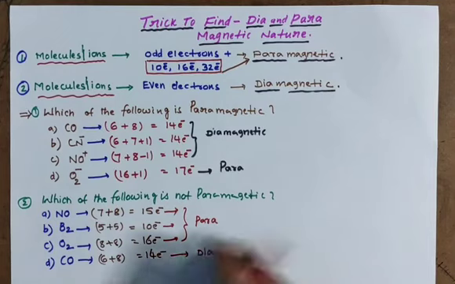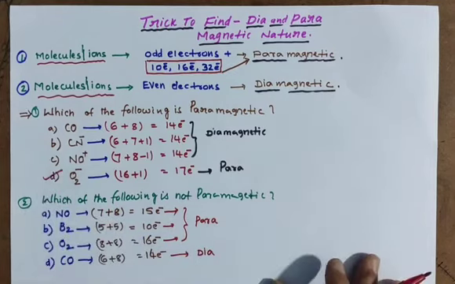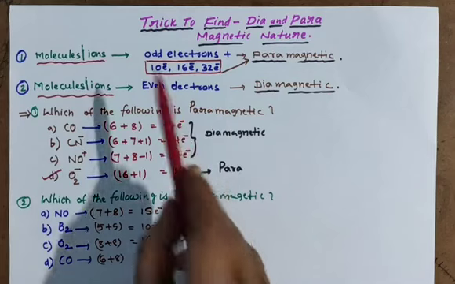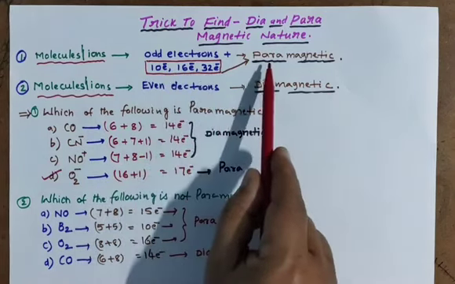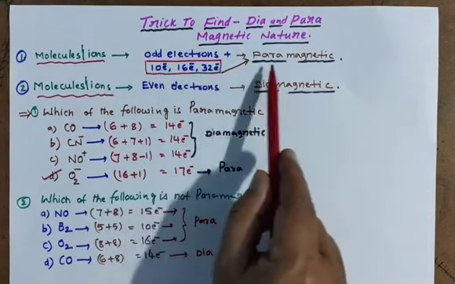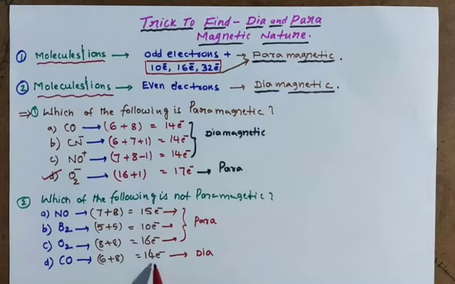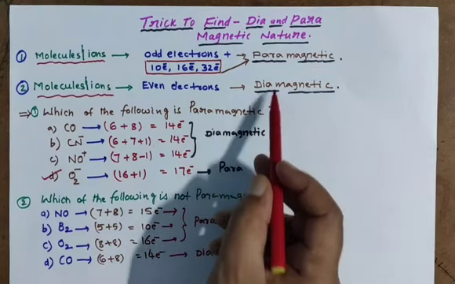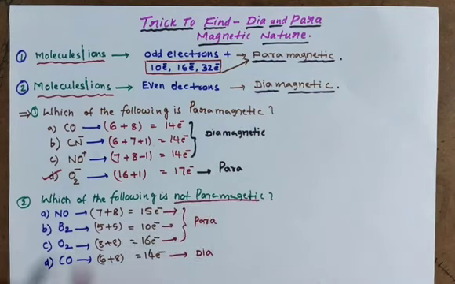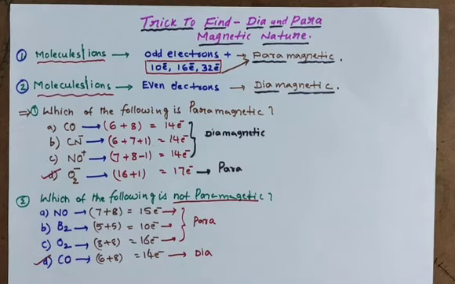They are asking which of the following is not paramagnetic. Odd number is paramagnetic. 10 electrons paramagnetic, 16 electrons paramagnetic, because 10, 16, 32 are exceptional cases. Though they are even numbers, they are paramagnetic in nature. And here 14 electrons, an even number, means diamagnetic. They are asking which is not paramagnetic, so this is diamagnetic and we can go for that. This is not paramagnetic in nature.